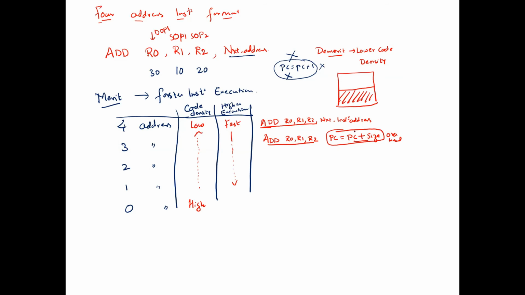Therefore, next, in 2 address instruction format, what happens? R0, right? R1. Now, source operand and destination operand. So it cannot update the result immediately after the execution. Why? Because this R0 is acting as a source operand as well as the destination operand. R0, see, look at here. So here also there will be an overhead of calculating the address of the next instruction.